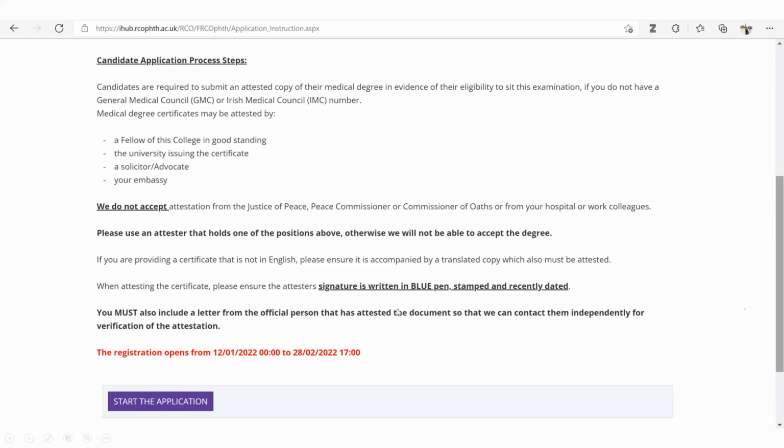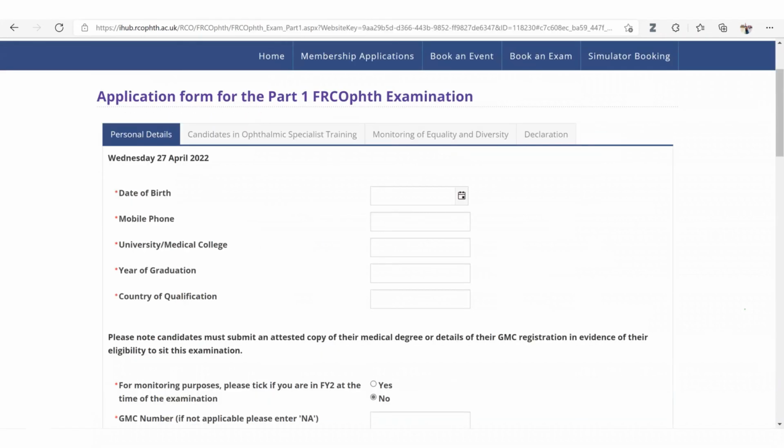And there is also an easy way to know if your medical college is recognized by the Royal College of Ophthalmologists or not. You can check this website, search.wdoms.org. This will be the website where you can search for the acceptable medical colleges by the Royal College of Ophthalmologists. Okay, so after you have this certificate, you start the application, fill in your date of birth, mobile phone,